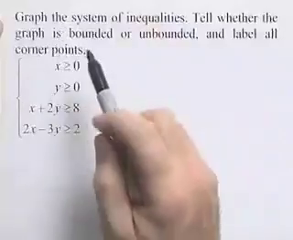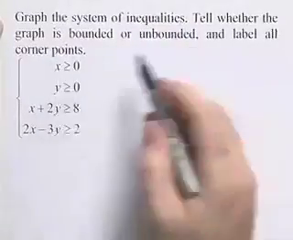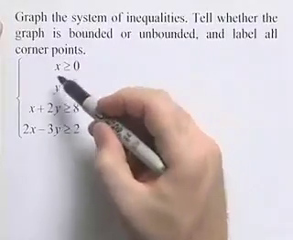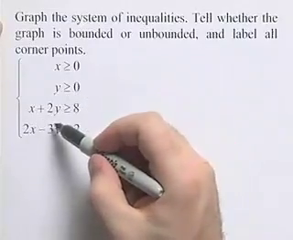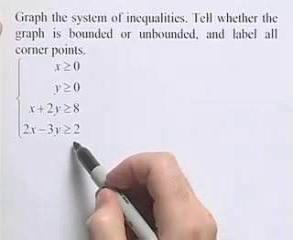For this problem, we're going to graph a system of inequalities. We're going to graph this system of inequalities, tell whether the graph is bounded or unbounded, and label all the corner points on our graph. We have four inequalities in our system: x greater than or equal to 0, y greater than or equal to 0, x plus 2y is greater than or equal to 8, 2x minus 3y is greater than or equal to